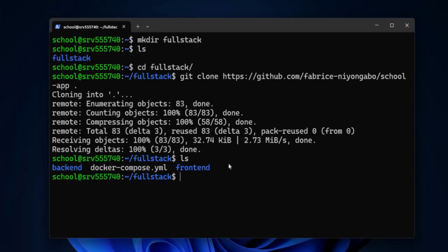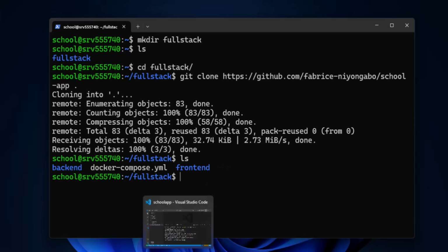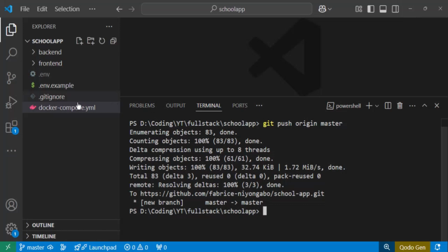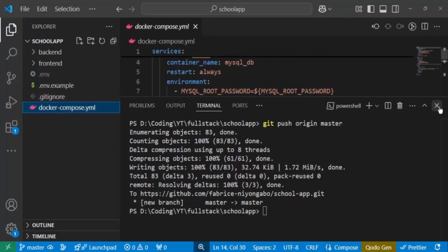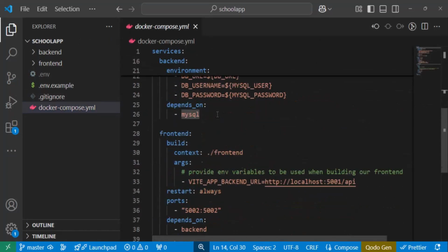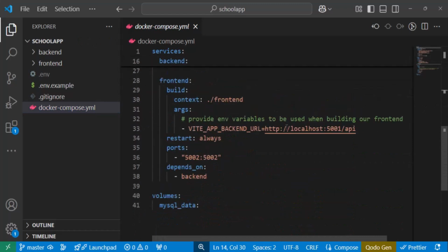And one thing that I want to change before I start learning everything, let me go back here within our VS Code, and here within our Docker Compose file, I do need to change this localhost here because we are no longer going to learn this on localhost. We are going to learn it on our VPS. So let me for now replace this with our